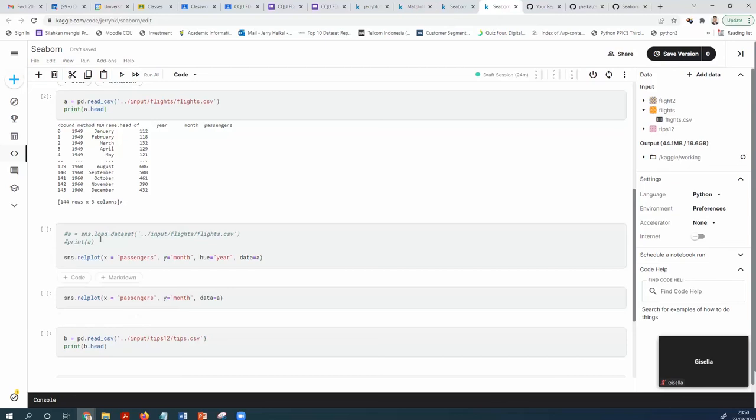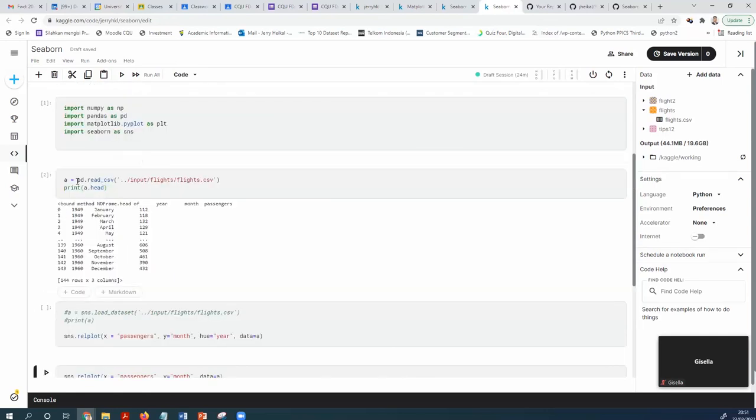I would like to make a visualization with X as passenger and Y as month, and the data will be the data that we imported, the flight data.